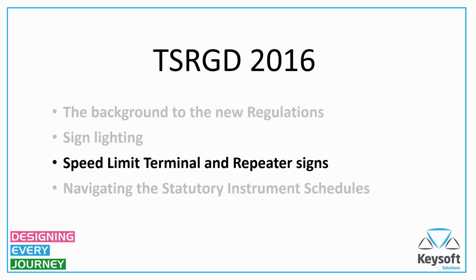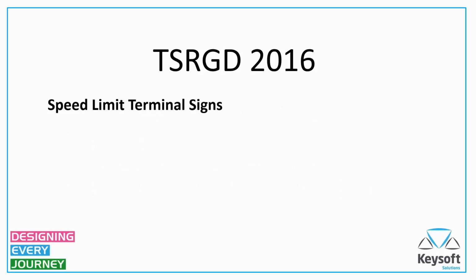So again, touch briefly upon the relaxations to do with speed limit terminal and repeater signs. It's no longer required to place a repeater sign on both sides of the carriageway, which can obviously save quite a bit of money, particularly if lighting requirements kick in because it's near a system of street lighting. So there's some illumination requirements there that double the cost essentially when that's the case. And also, of course, you have to put the extra structure, the post and the foundation, in for both signs.